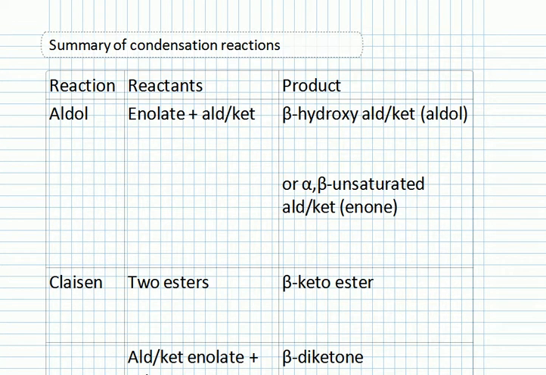Just to summarize our condensation reactions, let's talk about what the reactants are and what type of product can be formed in each of these reactions. So if I have an aldol reaction, I need to have some sort of enolate plus an aldehyde or a ketone. So if my enolate looks like R, C double bond O, and then a C minus next to that, that's going to add to some sort of aldehyde or ketone, like that. And our product can be a beta hydroxy aldehyde or ketone,